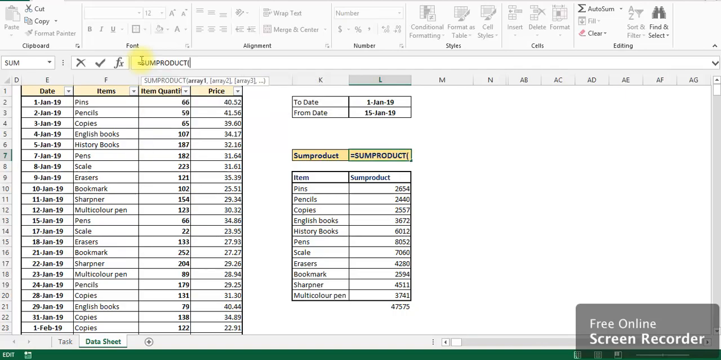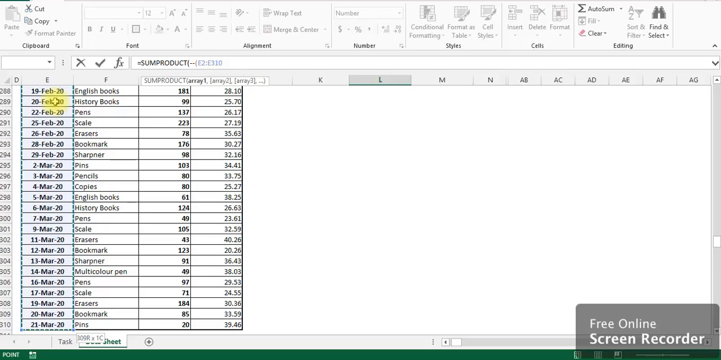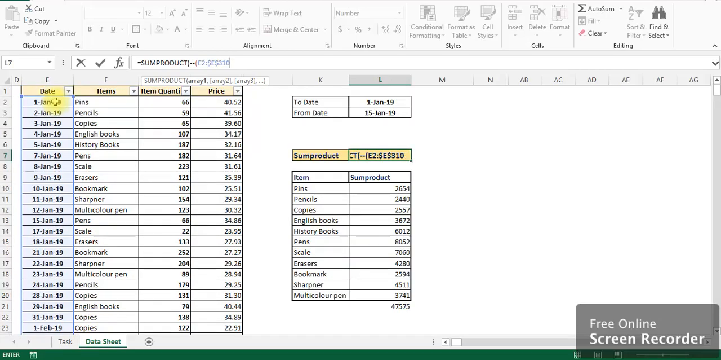and then I will use two dashes or minus signs to use the if condition. Now the if condition would be, I want the data from this date range. So I will be selecting this whole date range. This is from E2 to E310. I will be fixing this data range like this,